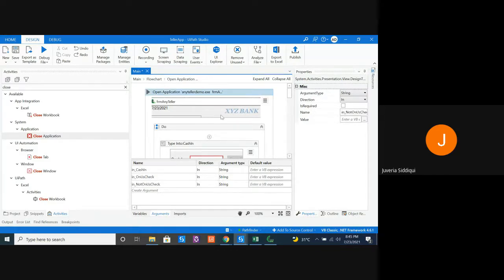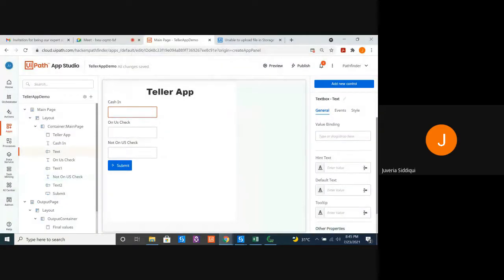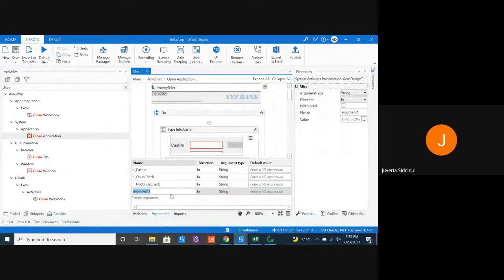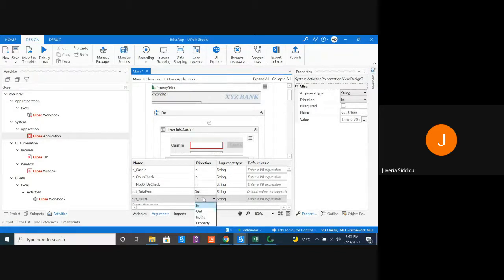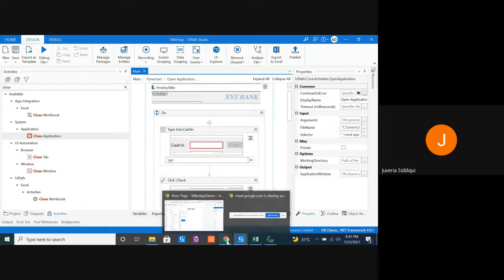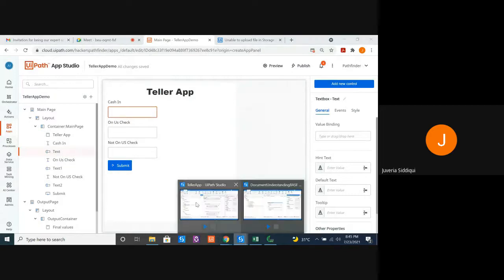Then the output of this particular workflow has to go inside this application, but it is going out from this workflow, right? It is not coming inside. So we have out argument for this. Out total amount, and remember, change the direction over here. Then out transaction number. That's it. Now we have created this. How will the bot know that it has to provide this value inside that particular flow? That is where binding comes into the picture.